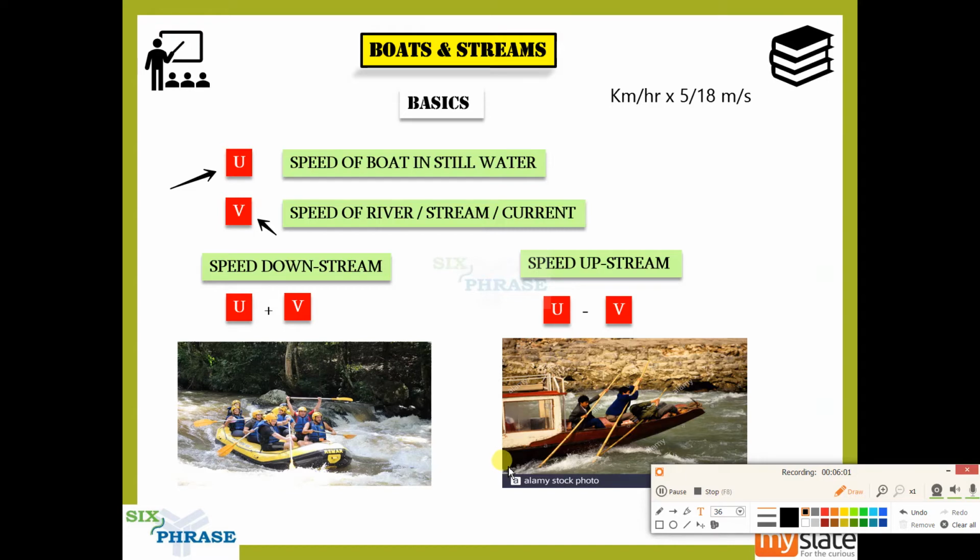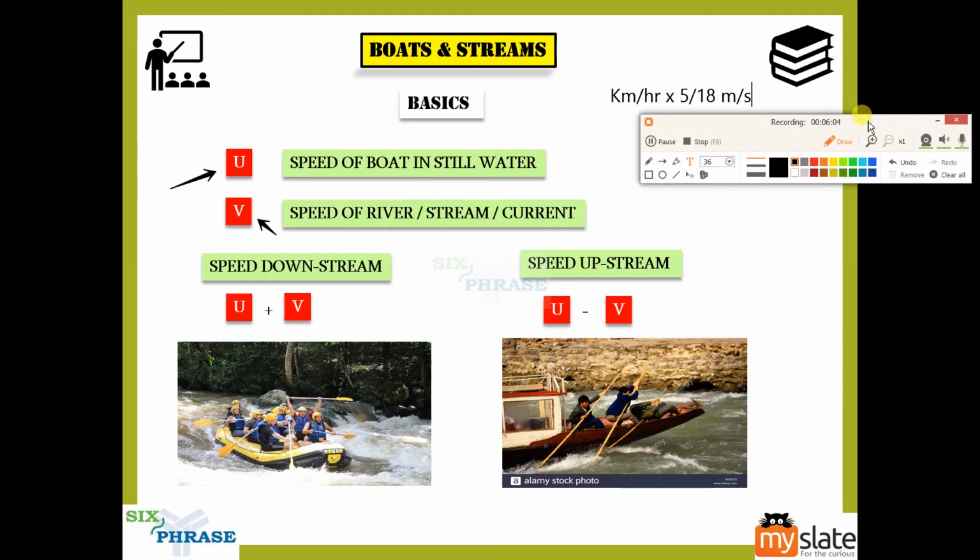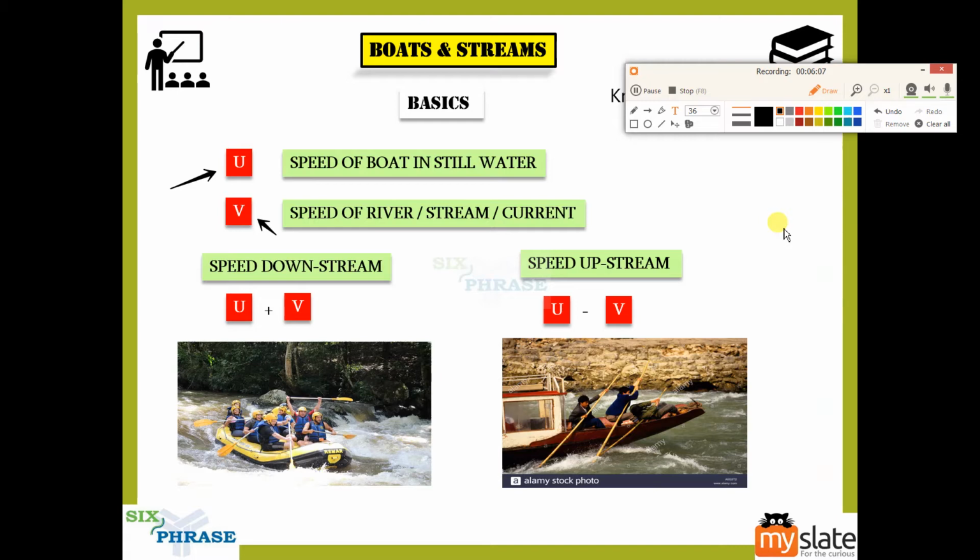When compared to going upstream, guys, going downstream always seems very fast because here two forces are acting to help you go down the stream. Yes, two forces are working towards the same objective. What is the objective? Going down the stream. So the boat wants to go downstream, the stream also wants to go downstream. So that is why their forces are added and they go quickly compared to upstream.